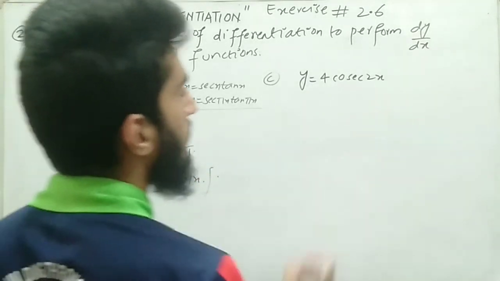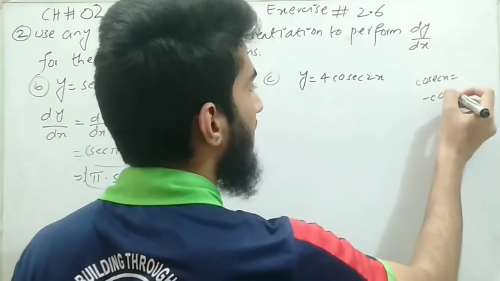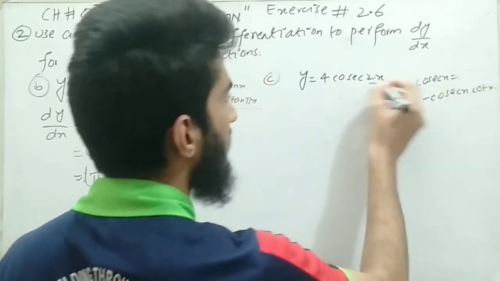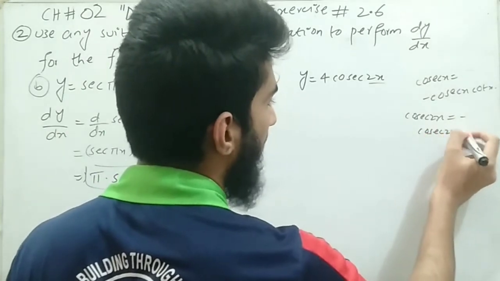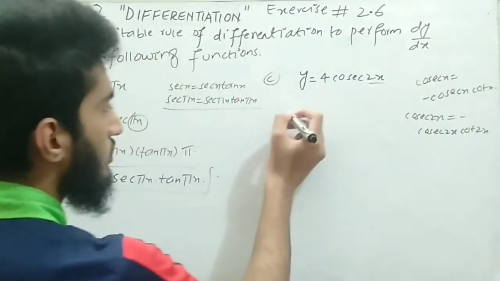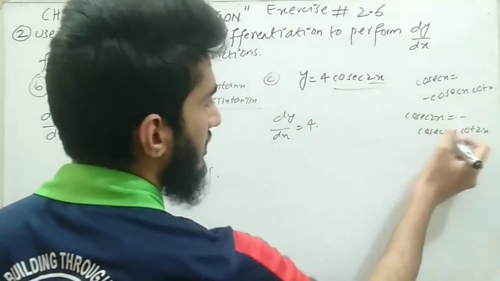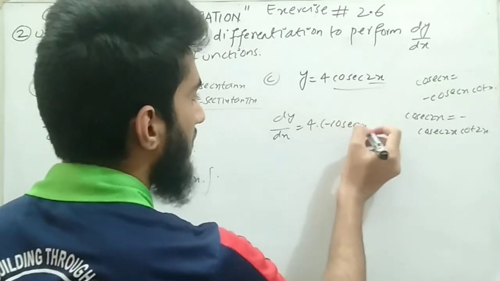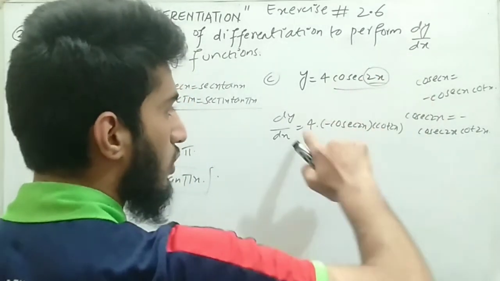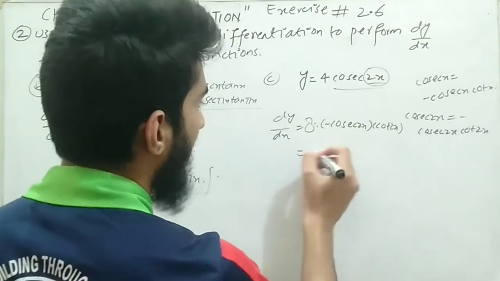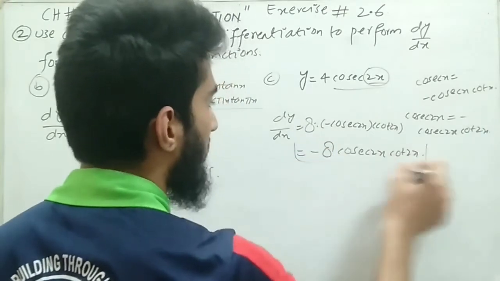It tells that derivative of y is equal to 4 cosecant 2x. So you know that derivative of cosecant x will always be equal to minus cosecant x and cotangent x. Now replace x with 2x, so the derivative of cosecant 2x will be equal to minus cosecant 2x and cotangent 2x. So dy by dx will be 4 times of derivative of cosecant 2x, which is minus cosecant 2x and cotangent 2x, and also take the derivative of the inner function, which is 2x. So the derivative is just 2. Multiply that 2 with 4, it will give us result 8. So its derivative will be minus 8 of cosecant 2x and cotangent 2x. So this is the required derivative for the part number C.